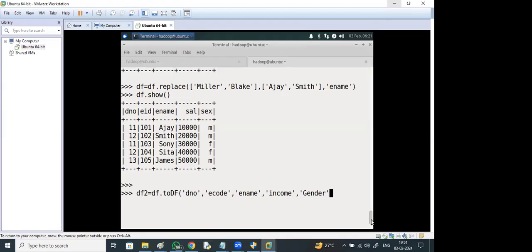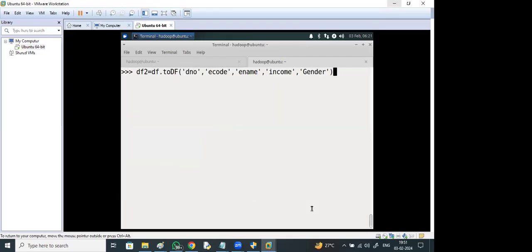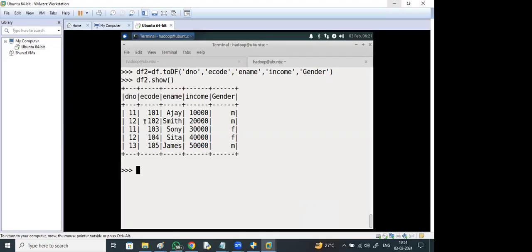Department number, E code, E name, instead of salary it's income. Next, gender. Close it. Say enter. Now say df2 dot show. Department number, employee code, employee name, income, gender.